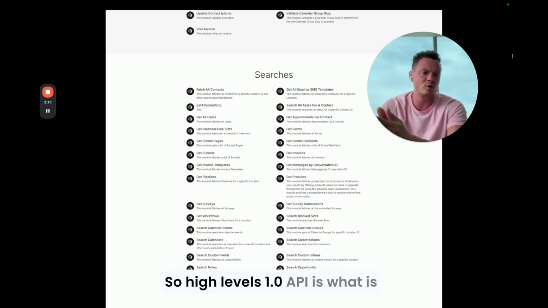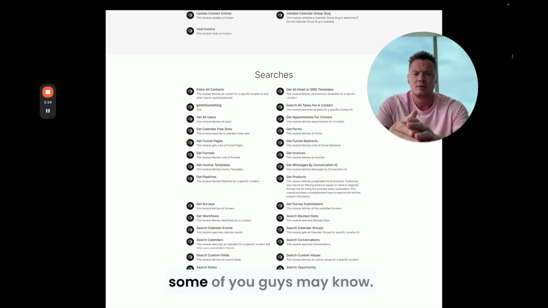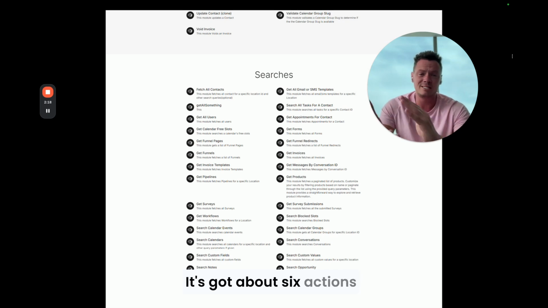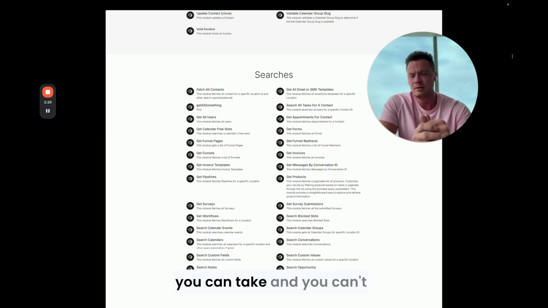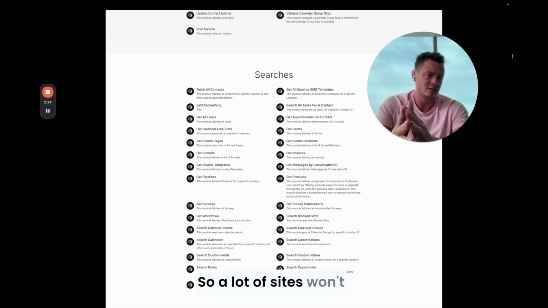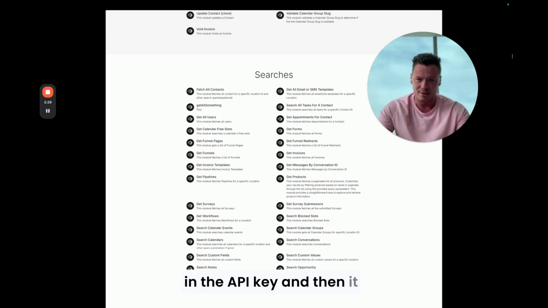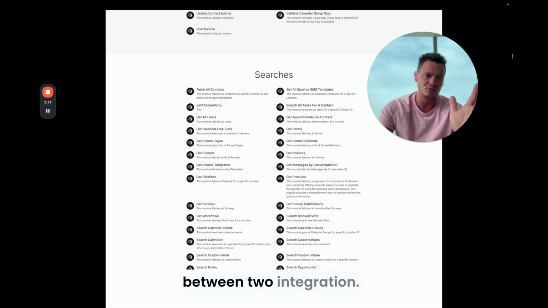So HighLevel's 1.0 API is what their Zapier application uses. Some of you guys may know Lead Connector. It's GoHighLevel's Zapier app. It's got about 6 actions you can take, and you can't do a lot of things with it because it's unencrypted, so a lot of sites won't let you connect to it. This is where you just paste in the API key, and then it lets you set up the automation between